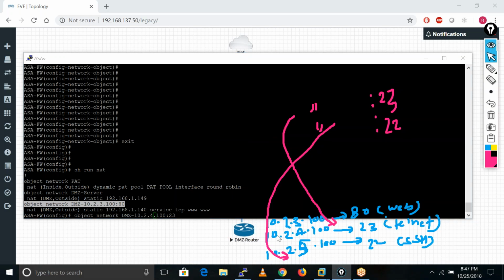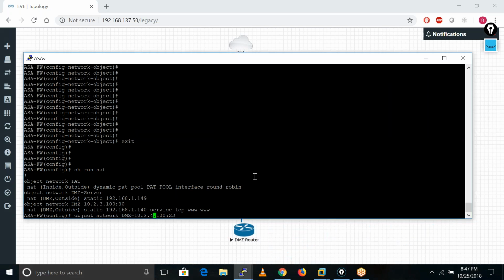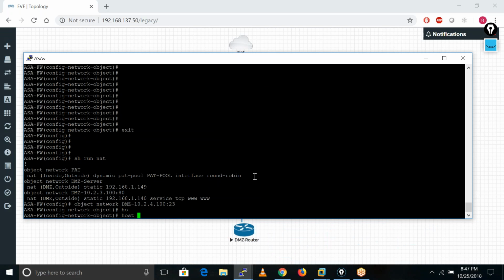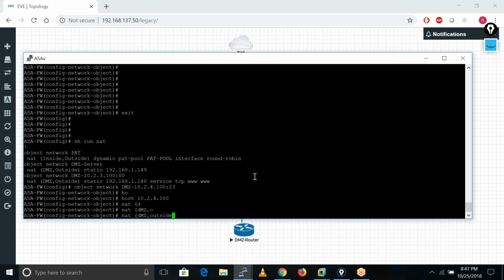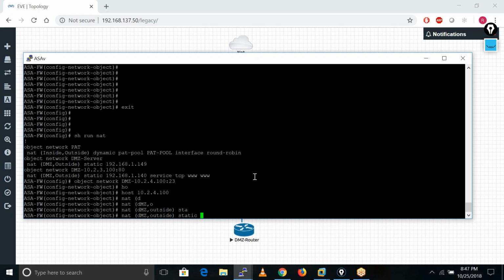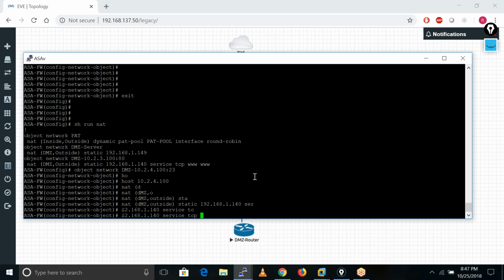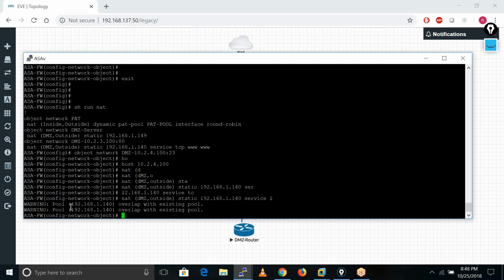This is the same: 10.2.4.100 on port number 23. Host is 10.2.4.100, NAT DMZ to outside static, IP is similar, 192.168.1.140, service TCP on port number 23 23. It gives a warning: overlap with the existing pool.